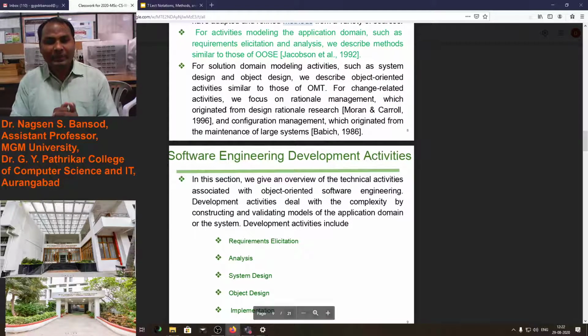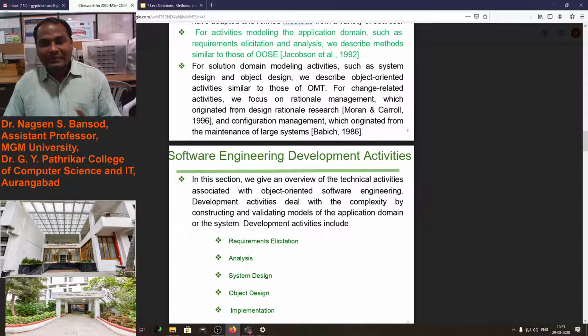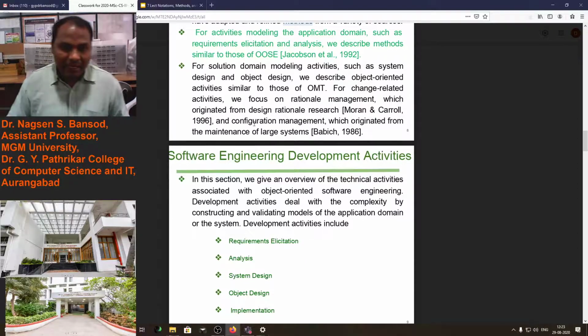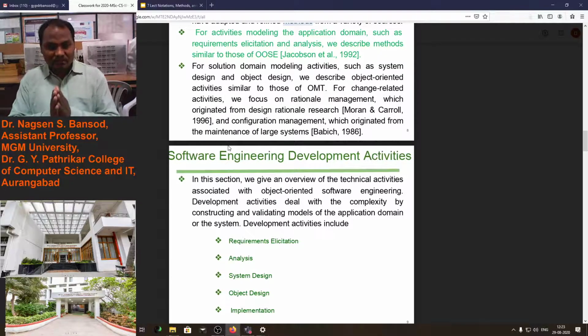For solution domain modeling activities such as system design and object design, we describe object-oriented activities similar to those of the OMT. For change-related activities, we focus on rationale management, which originated from design rationale research, and configuration management, which originated from the maintenance of large systems.